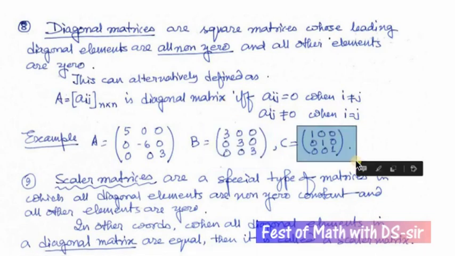When all the diagonal elements of a matrix are 1, then the matrix is called an identity matrix. This is an identity matrix. Since its order is 3, it is sometimes denoted by I3. If it is of second order, it will be denoted by I2. Of nth order, it is denoted by In.